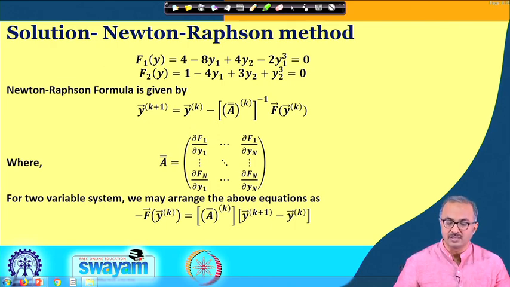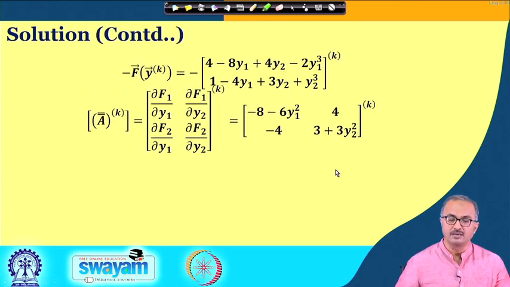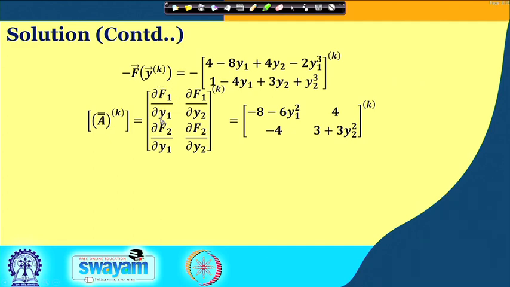So, let us do this, that we rearrange it and we get this particular Jacobian matrix. This is a function matrix and the Jacobian matrix, as I told you. So, if you take the derivative with respect to y1 and y2 for both the functions, we obtain this as the Jacobian. Okay. So, this is the vector of the functions.